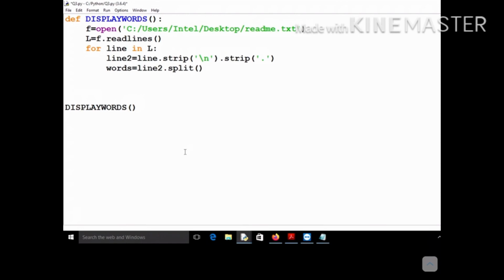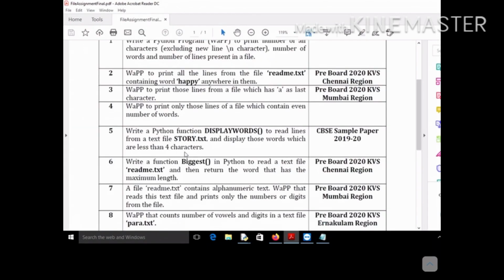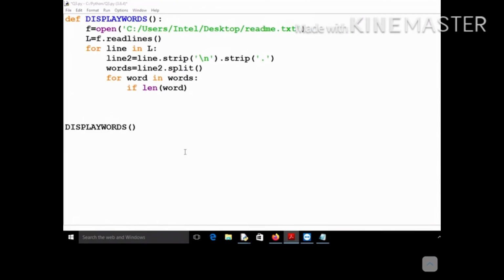So this words will contain the list of words present in line2. Now you need to check every word in your list words. So for word in words, if len of word is less than 4, then only you have to print the word, otherwise you need not print it. Okay, so that's it.